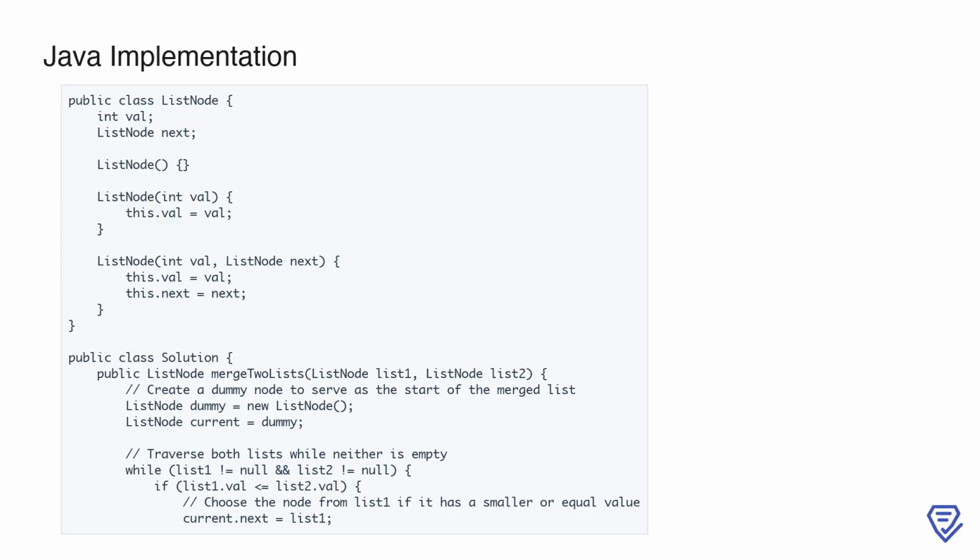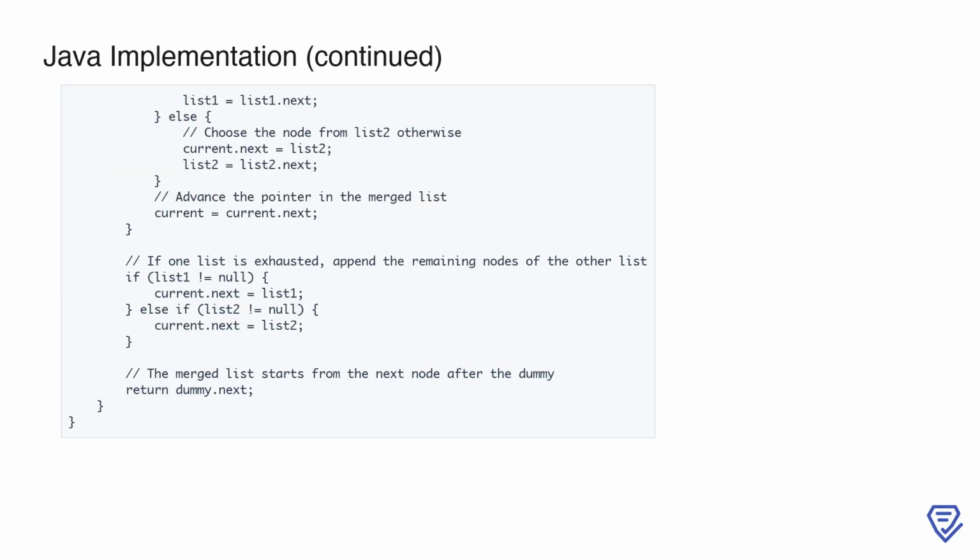Next, we use a while loop to traverse both input lists as long as neither is empty. During each iteration, we compare the values of the current nodes in list 1 and list 2. If the value in list 1 is smaller or equal, we attach the node to the merged list by setting current.next to list 1. We then advance the pointer in list 1 to its next node by setting list 1